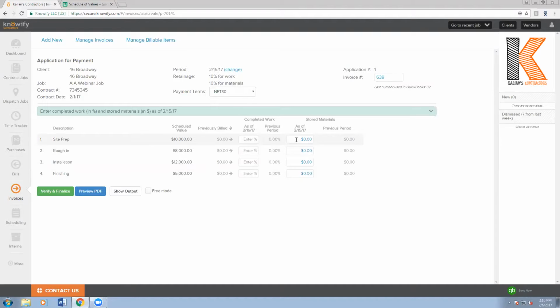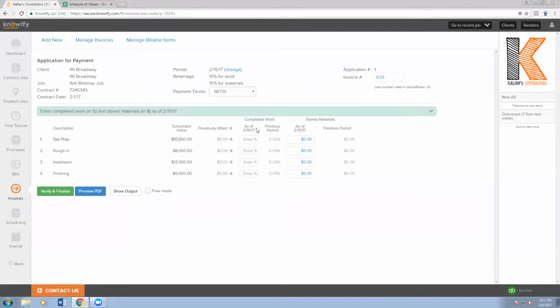One thing I'd like to clarify, since this is always a little bit confusing: the stored materials aren't really meant to be, this is the amount I'm invoicing for labor, this is how much I'm invoicing for materials. This is more of a deposit that you're going to end up transferring over to your completed work as you work through this. It's just a way for you to invoice the client or the GC for the materials that you're going to have to purchase, so that you can afford to have all of these materials on hand before you start the project. And then as you work through, you can invoice the remaining scheduled value of this. But again, we're going to be moving the value from stored materials to completed work, and that's always important to